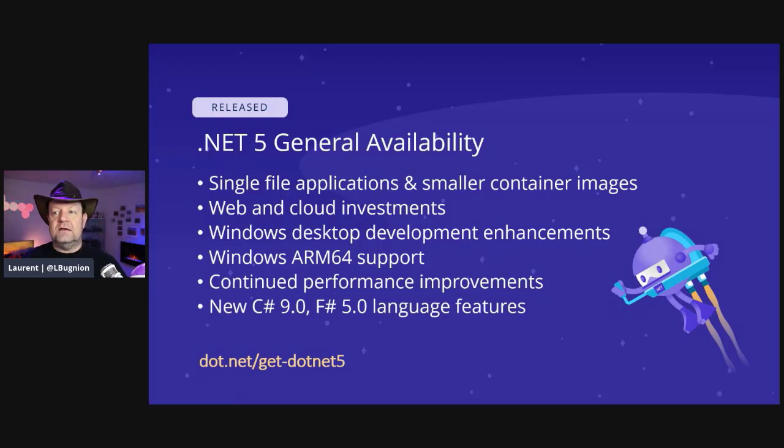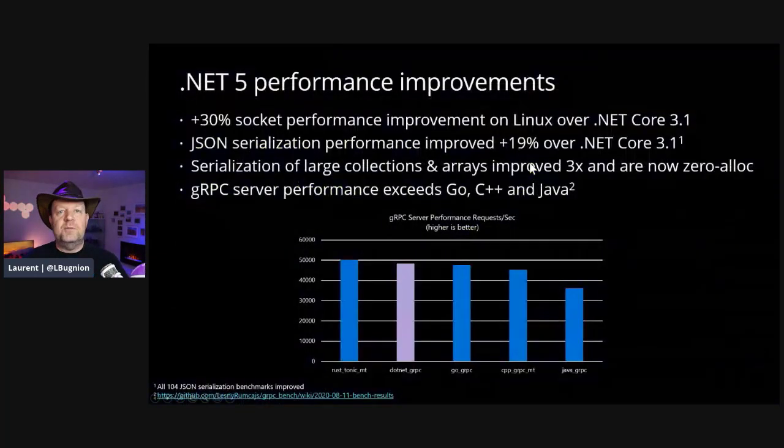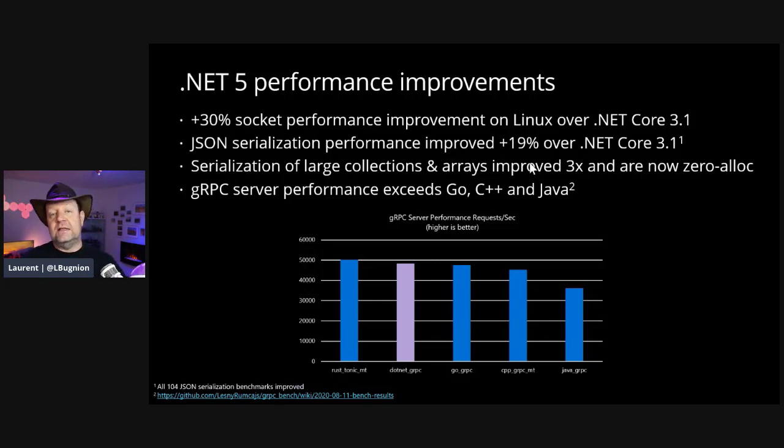Okay, next thing we have is performance improvement. And performance improvements are tremendous. In fact, we have huge performance improvements, especially for communication and Json serialization. And so this is really important if you build APIs. And Json serialization, nowadays, everybody works with Json and everybody sends Json over the wire. So if you want to serialize and deserialize that, you want it to be fast,